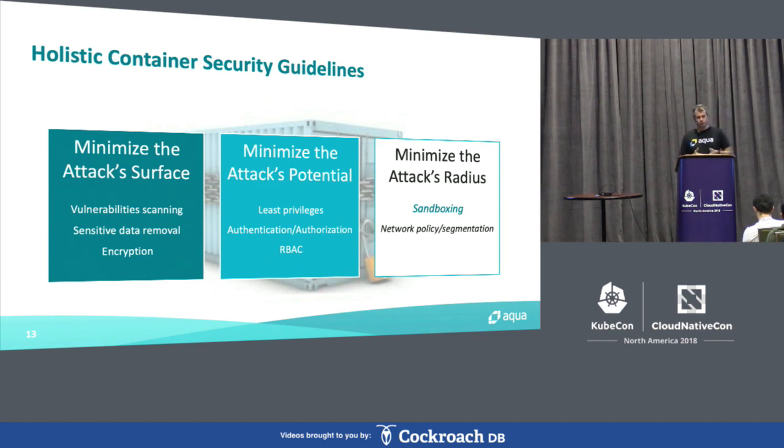The second thing that we will do is try to minimize the attack potential. Assuming someone managed to attack, now we want to minimize what they can do in our environment. So we'll work with least privileges, we'll require authentication and authorization for every attempt, we'll use role-based access control, and we'll encrypt everything. So even if someone managed to break in, they cannot do too many things